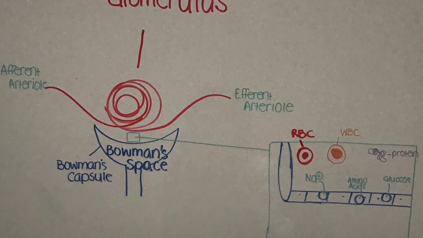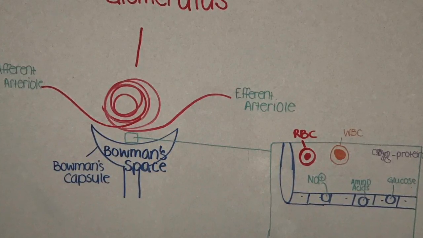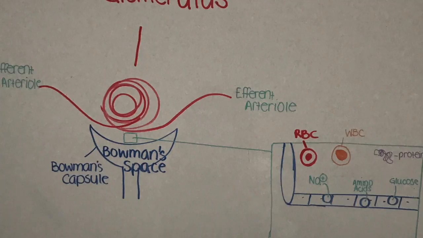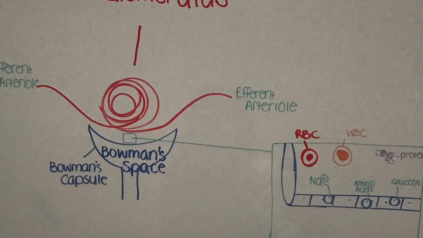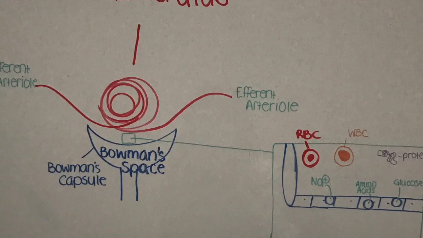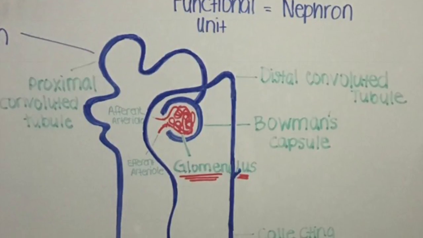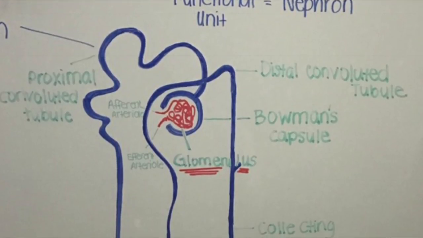filtered to become urine. When someone has glomerulonephritis, the glomeruli become inflamed and the kidneys stop working properly. This can lead to too much fluid in the body, which can cause swelling in places like the face, feet, ankles, or legs. Now that we've zoomed into the nephron, we can see the first portion of the nephron is